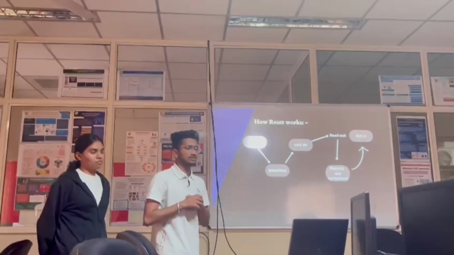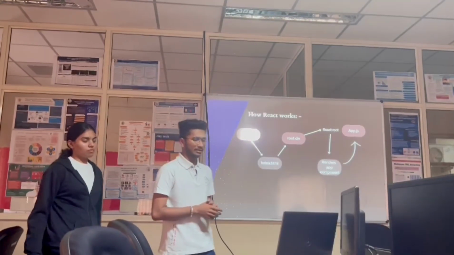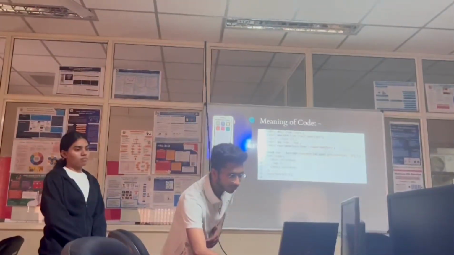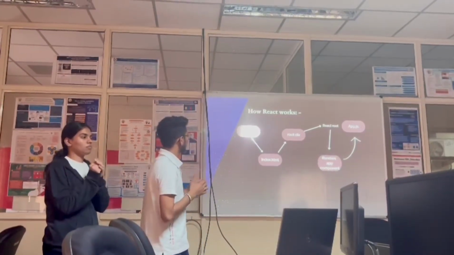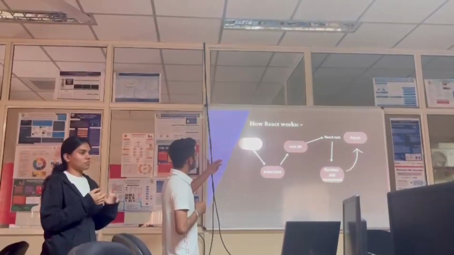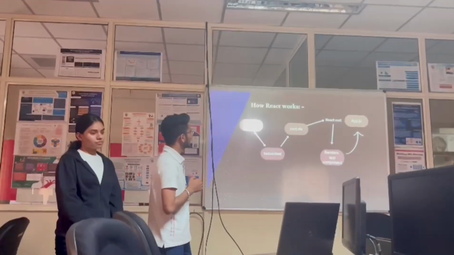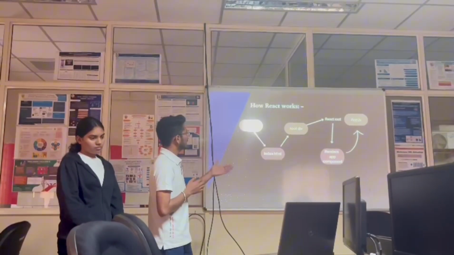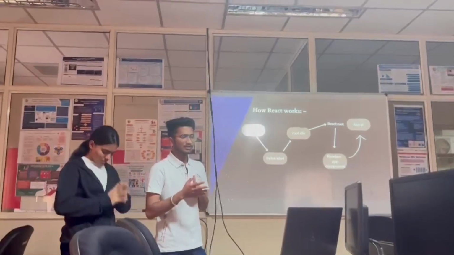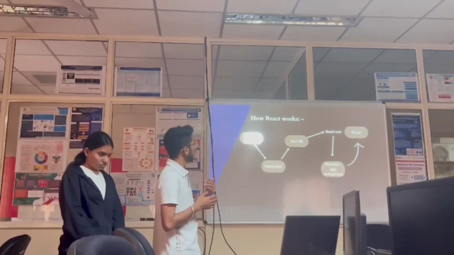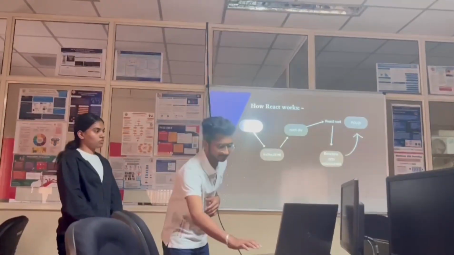So how does React work? The very first file which React is going to render is index.js. In index.js, we are going to find the root element which is named in the index.html file. So index.js is directly rendering into index.html. In index.html, we are capturing the root element, and we are inserting our App component in the root element. In App.js, we are inserting all the other files that we want to display on our site. Like she told about components, we insert all the components in the App.js file.